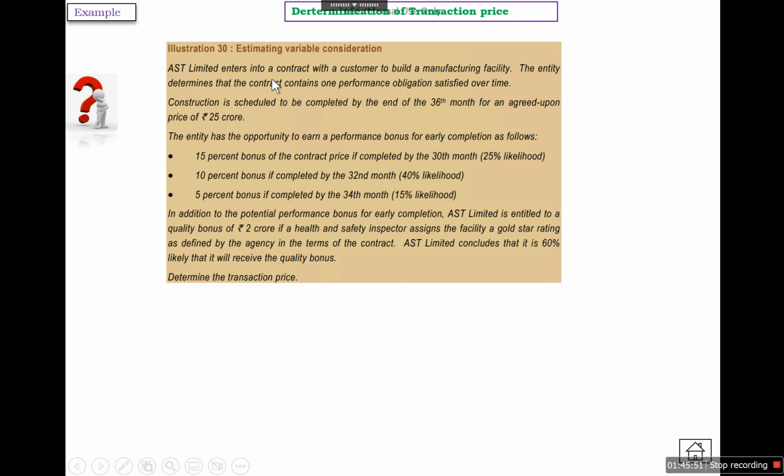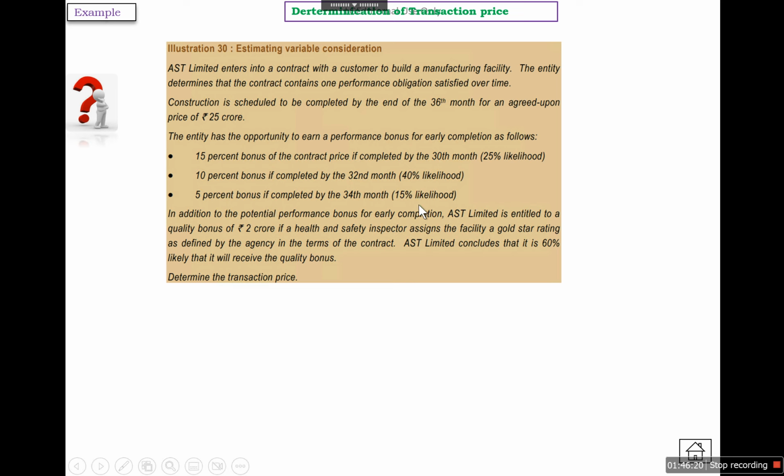So AST Limited enters into a contract with a customer to build a manufacturing facility. The entity determines the contract contains one performance obligation that is satisfied over time. The construction is scheduled to be completed by the end of the 36th month for an agreed upon 25 crore, and the entity has the opportunity to earn a performance bonus: 15% bonus, likelihood is 25%; 10%, 40% likelihood;